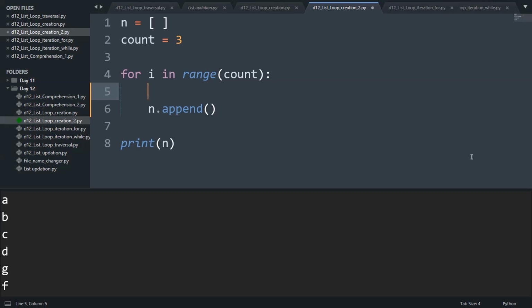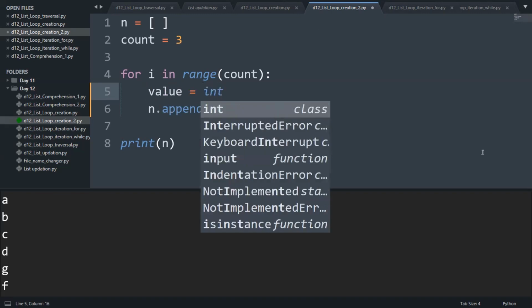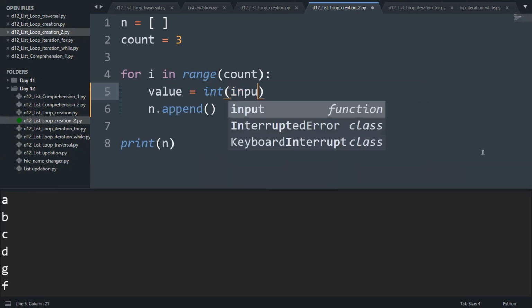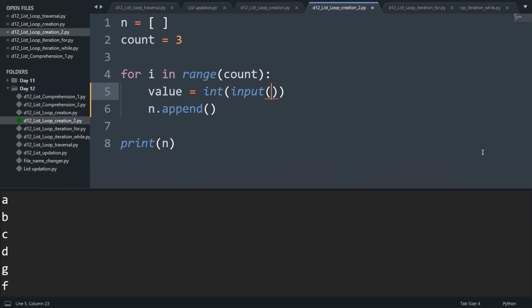So where am I getting the value? The value is coming from the user. I'm getting an integer value. Integer means a number without decimal point. So I'm getting an integer, which is an input. So I'm writing the value, enter the number,